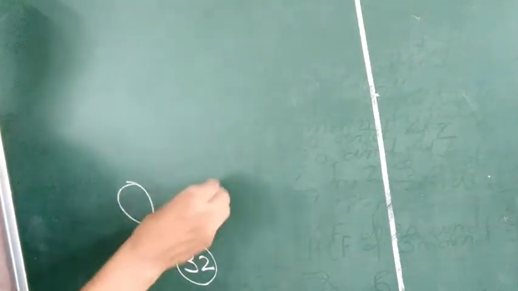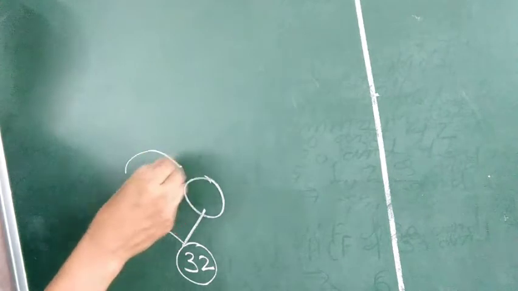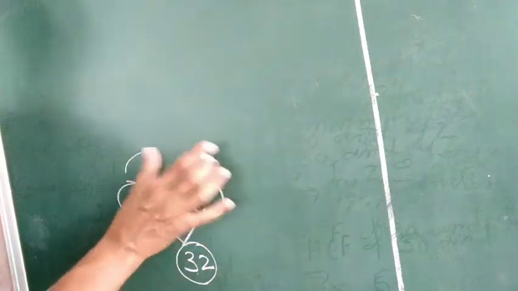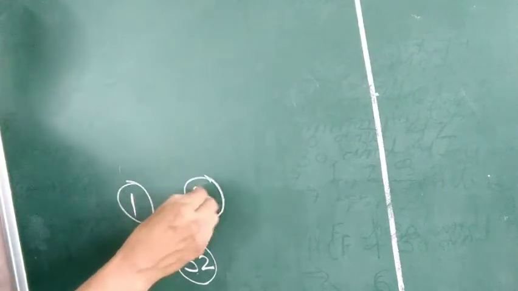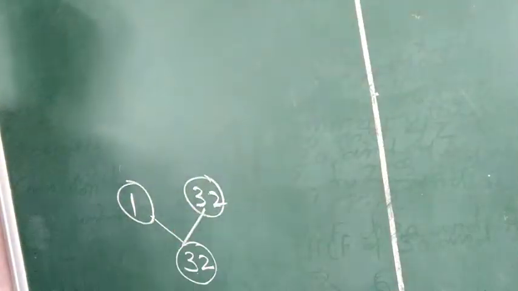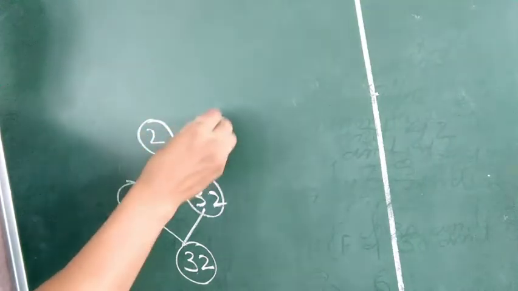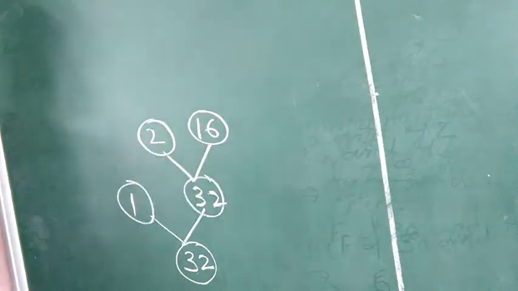32. See, then here we have to write numbers. The multiplication of these two numbers should be this 32. ऐसे दो नंबर अभी यहाँ लिखना है कि इन दोनों का नंबर जब मल्टीप्लाई करेंगे, that our product should be 32. So see, it will be first of all 1 into 32. Next again see, 2 into 16.